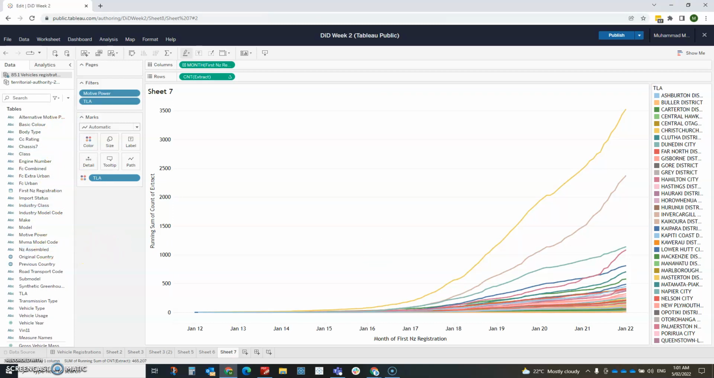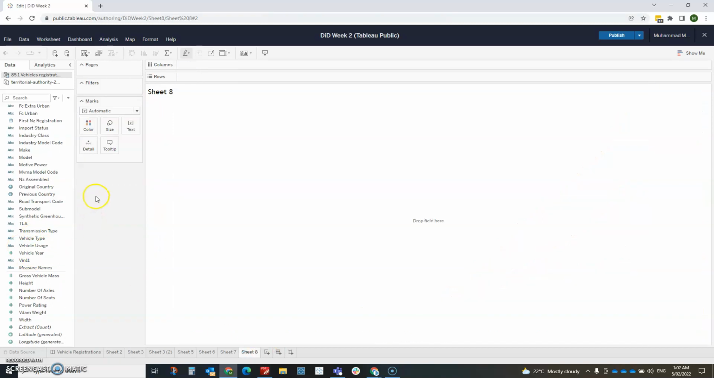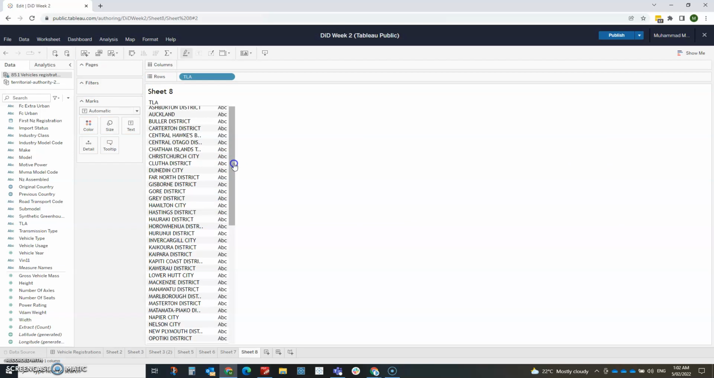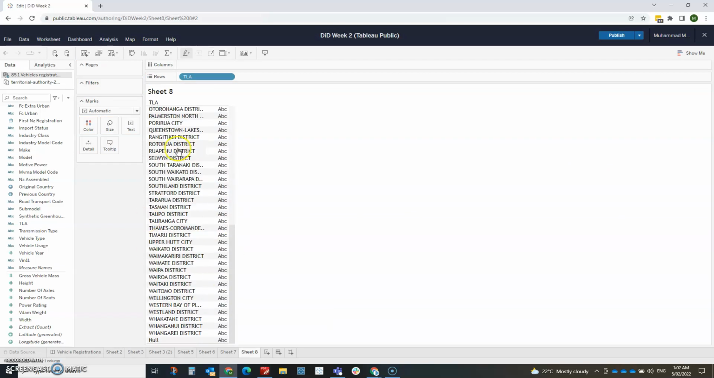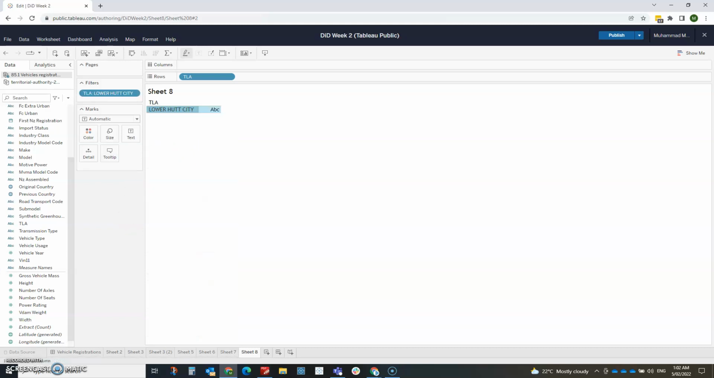For the last question for today's session, we want to see what are the top 3 vehicles usage for your district and city. So vehicle usage is what we are after in our last question. Vehicle registration usage is in here. What we'll do, we'll just create a new sheet, and for our TLA we were looking for Lower Hutt Valley. So I'll bring my TLA into rows, just a quick filtering in here, drag it down, and yeah, Lower Hutt City, I'll just keep only this one, and then I'll bring my vehicle usage in rows,